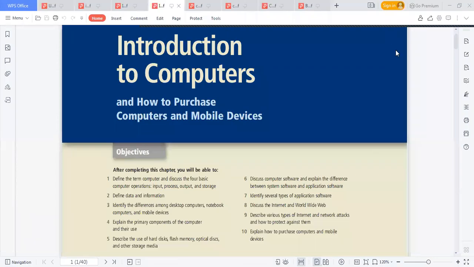Okay, good morning to everybody. Today is the first lecture on computer fundamentals, introduction to computers. Introduction to computers. Now,